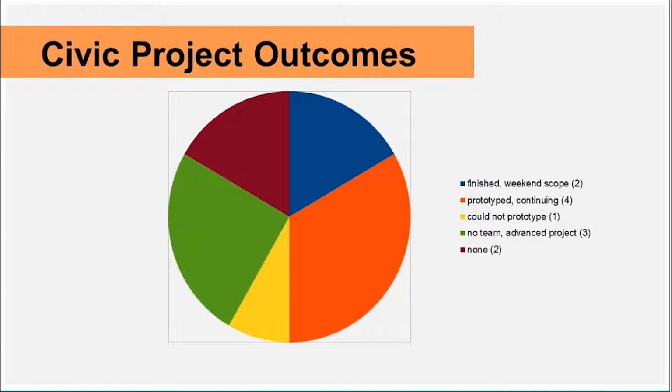So 6 of the 12 projects kind of met the conventional success criteria for a hackathon. There was a prototype, and at the end of the weekend, they were able to present. I'd like to look at the other 6 that may not be considered, quote-unquote, success by classic terms, but we're going to see some interesting stuff there. One of the projects was unable to advance to prototype. They got into it, found out, hey, we just can't do this project. There were some APIs and some data that were needed from the city that at that time just weren't available to be successful.